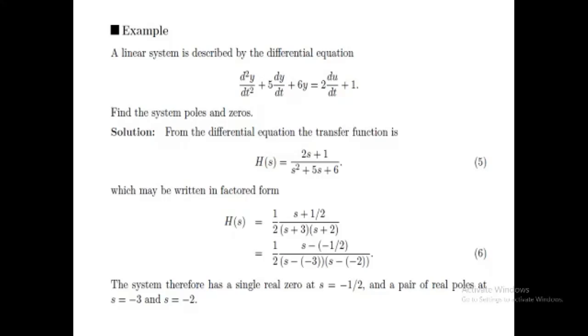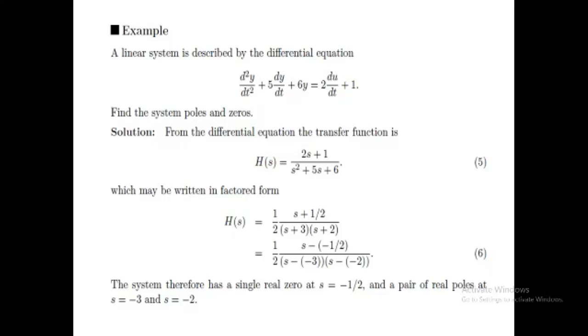Here it is: the second order derivative on the LHS and the first order derivative on the RHS. Now we have to find the poles and zeros of this equation. Before moving towards the poles and zeros, first we have to convert the given equation into the S domain form, or the form of factorization. So from this differential equation of the transfer function, let us consider H(s) equals,